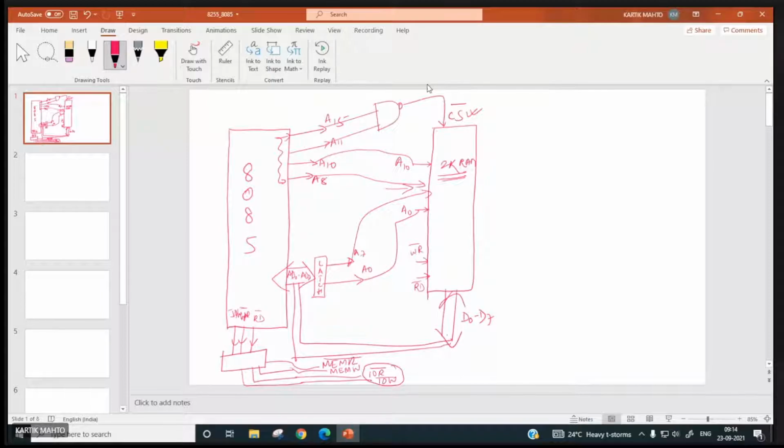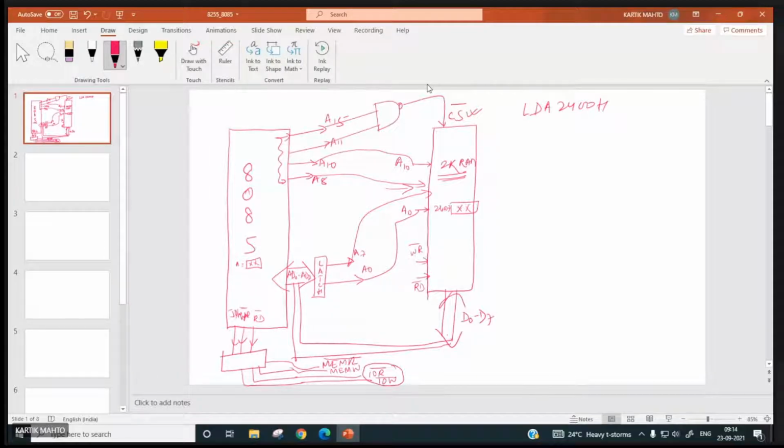Now suppose the processor wants to read some data, LDA 2400H. What will it do? It will send the address first via this. And from that location, the content of location 2400H is somewhere here, and if it is XX, it will come out and go into the processor and be loaded into the accumulator.